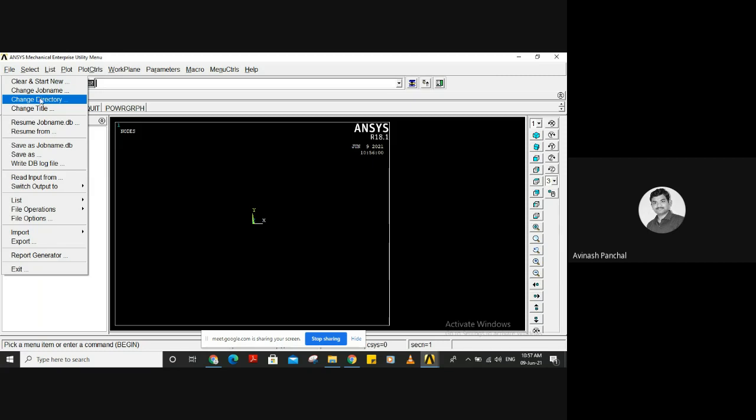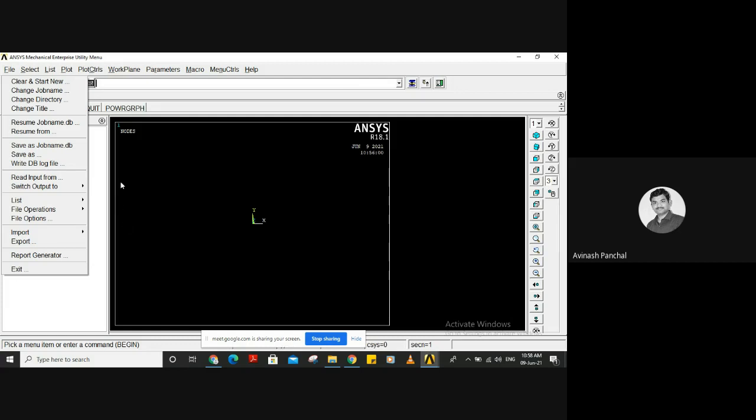Okay, then change title. You can change the title which is appearing over here at the lower left corner of this window. This white box which is shown over here, that is the square box, is the particular window in which we are drawing, modeling, and doing everything.